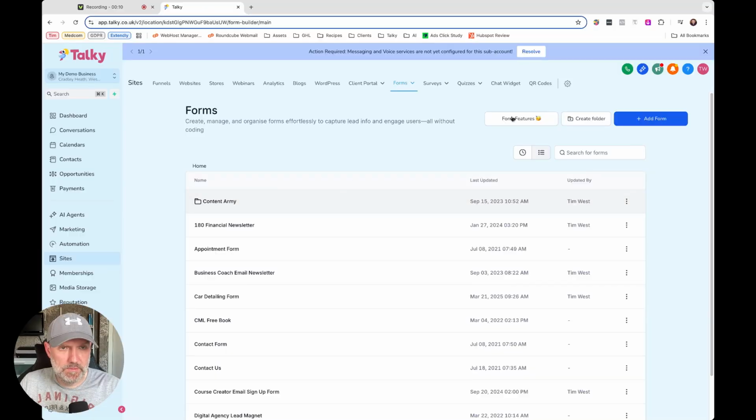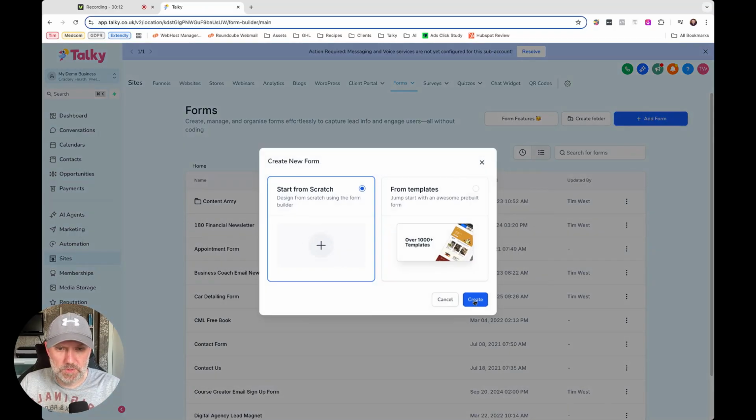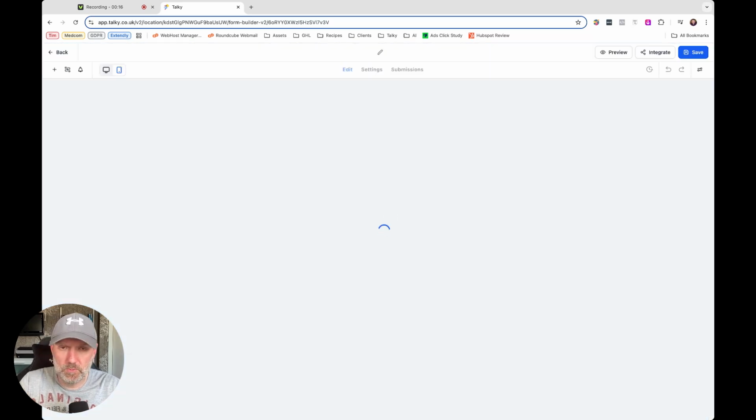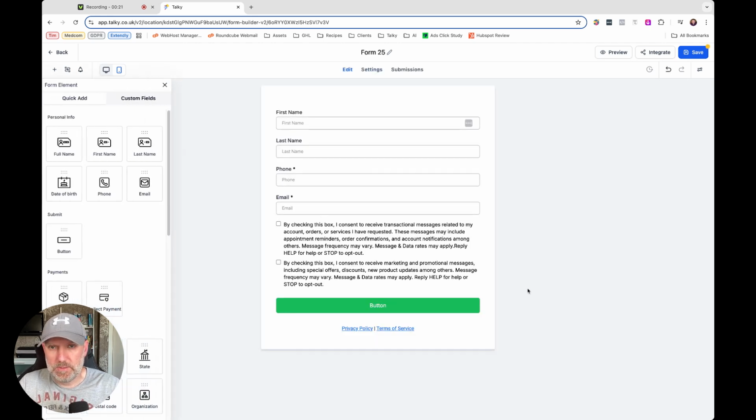So let's jump into HighLevel and start setting up our lead magnet form. So here I am in the form builder. I'm just going to add a new form, start from scratch. And what HighLevel will do, they will populate us a new form with some fields to get us going. Right, so this is the basis for a form. I'm just going to name this